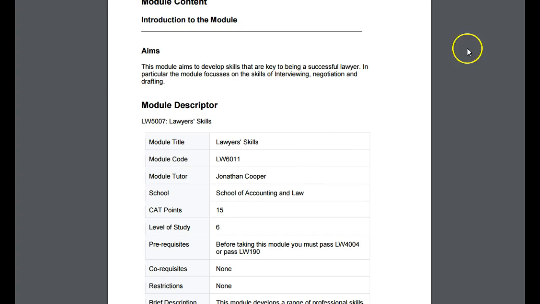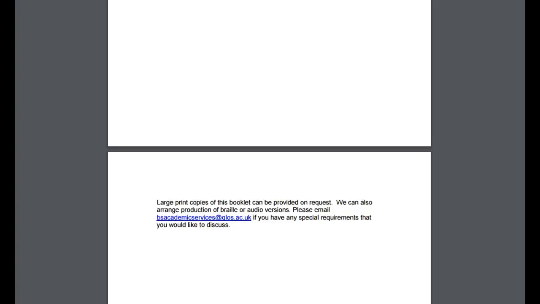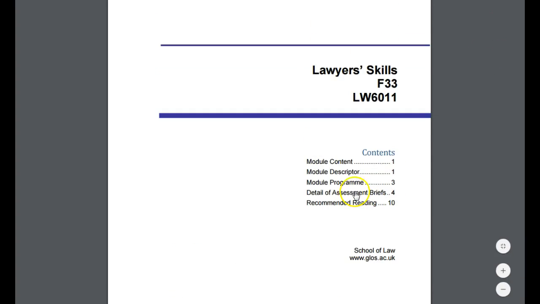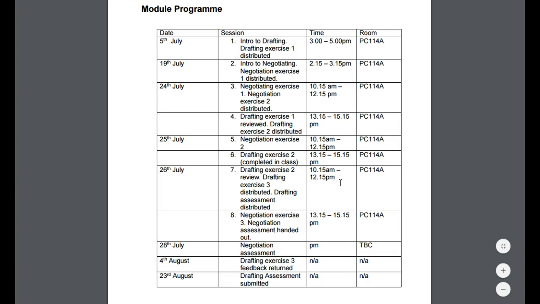So if we just scroll back up to the top, we'll see we also have the module descriptor we've mentioned, the module program, which I'll briefly talk about. So that'll just set out what we will be covering. The first session, which you've probably already had by the time you've looked at this, is just an introduction to the idea of what drafting is. That'll be followed in a couple of weeks' time by a session on an introduction to negotiation,